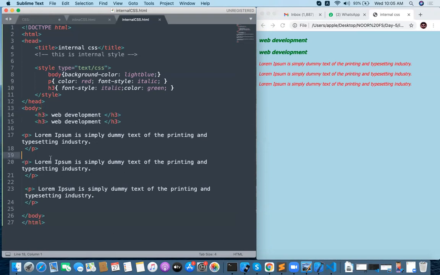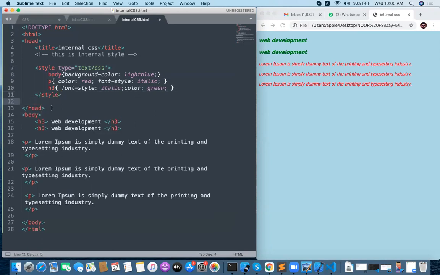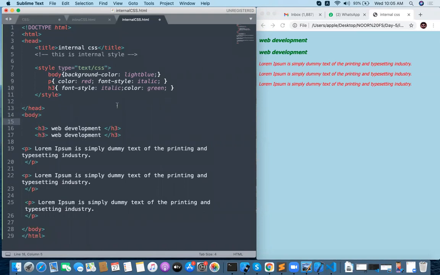This is the style tag open, style tag close, and for the content, for the body, the paragraph, and the H3 we are writing styles. All the styles get applied in this process.